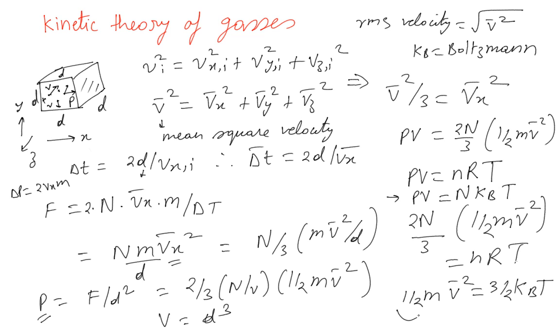Now why were we after this expression? We are after this expression because this is nothing but the internal energy of the system. The internal energy is because of the motion of the individual particles. So for an ideal gas, this is for individual atoms. When you multiply by the number of molecules, you get the total energy. So for individual atoms, the internal energy of the system is nothing but 3 by 2 kB T, where kB is the Boltzmann constant. So the internal energy of the system is directly proportional to the temperature T, and we will